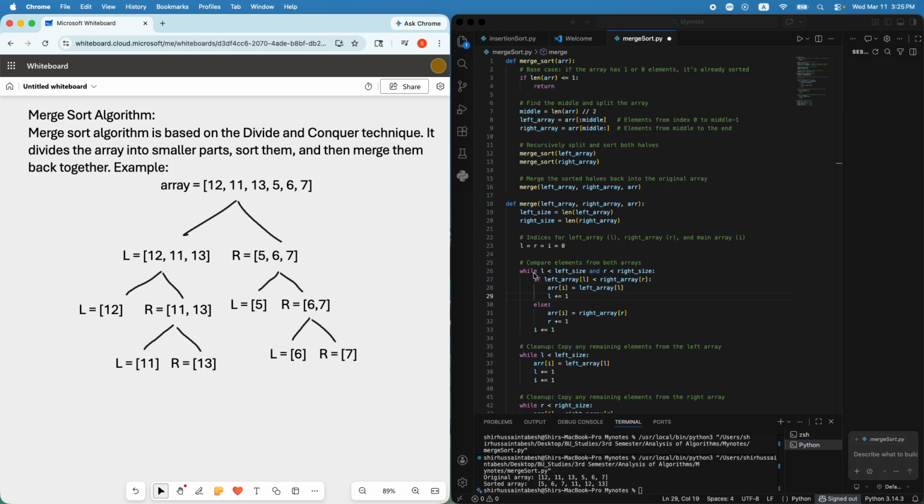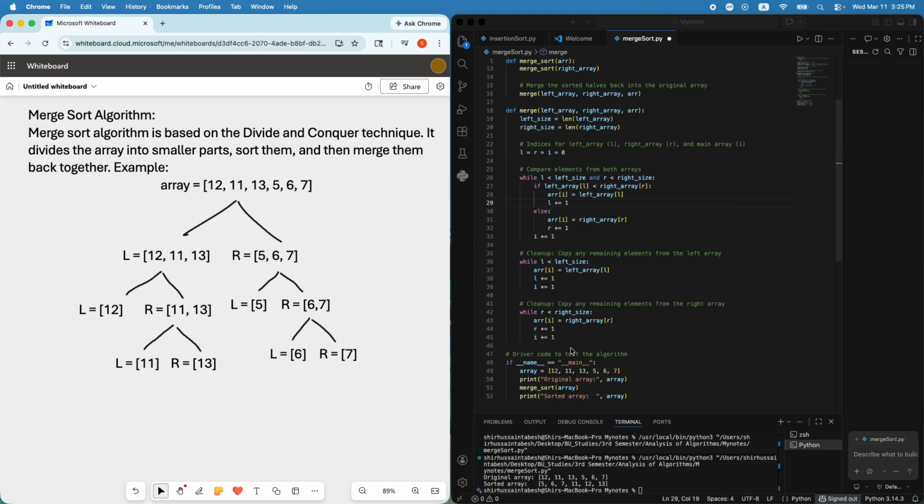That means this while loop does not execute, and the problem is that you just put number 11 in the array here, but you have not put the number 13 in the right position yet. It is left. So that is why we need another while loop just for the cleanup in case this scenario happens. So we should be able to go through that